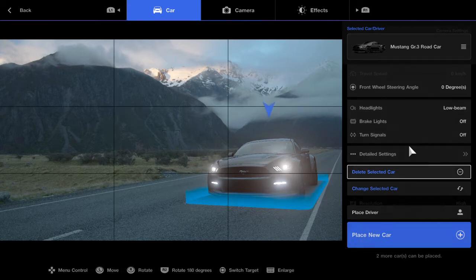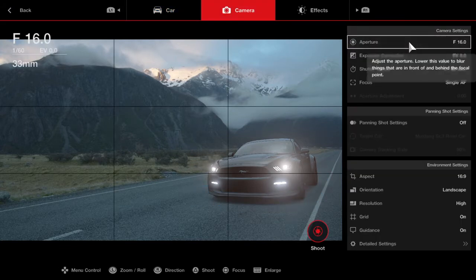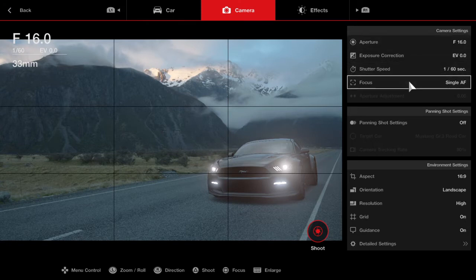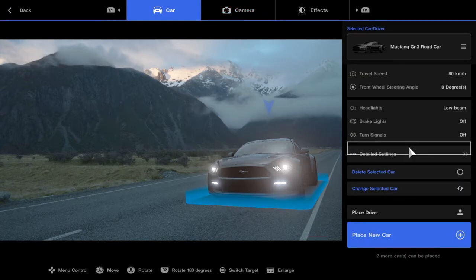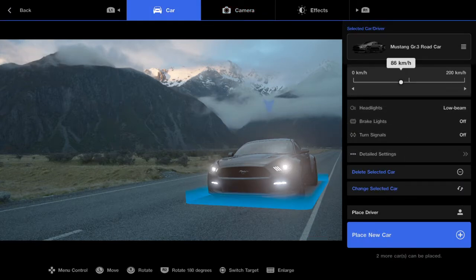Well, almost. We want to make the car go fast and look like it's driving really fast. So we are going to panning shot settings. We're going to turn that on, and we're going back to the car. You can choose how fast you want your car to go, up to 200